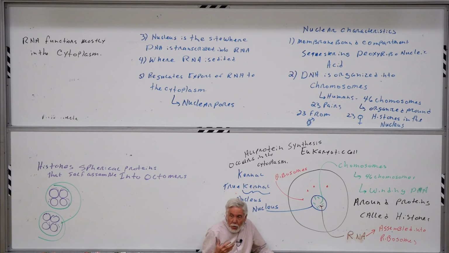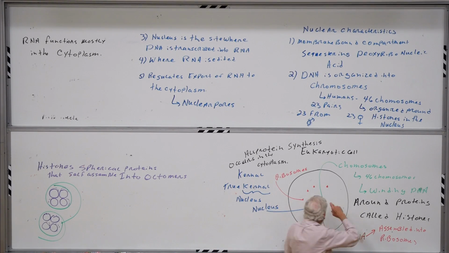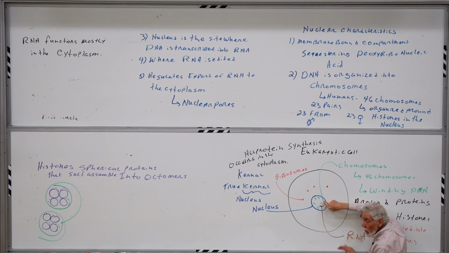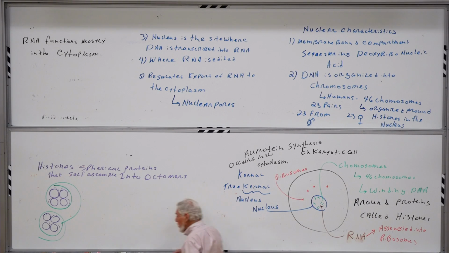So we've generated a kind of problem here. We have forced the DNA to always live inside this membrane-bound compartment. In order to make protein, we have to transcribe the DNA into RNA, but yet that RNA has to leave this membrane-bound compartment and go into the cytoplasm to do its job. That means there must be sites of egress for these molecules to leave the nucleus. And sure enough,